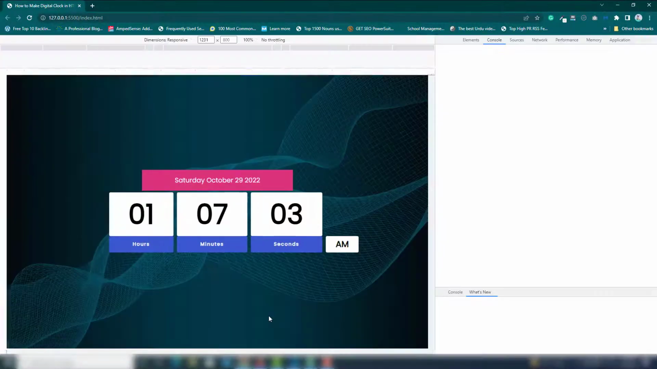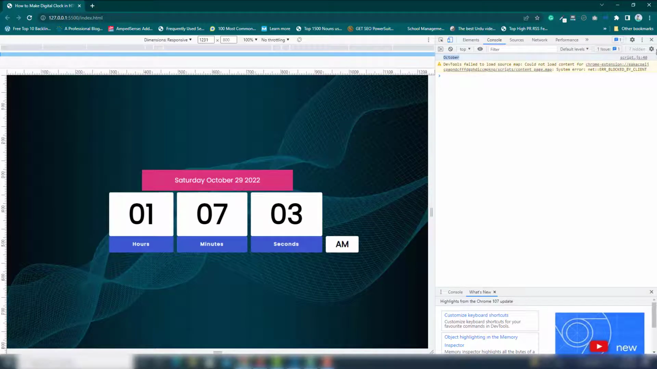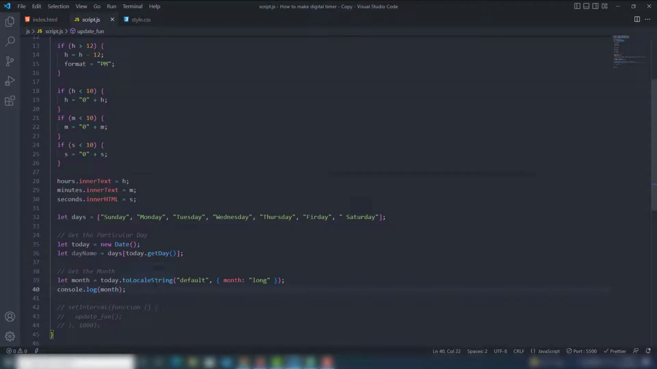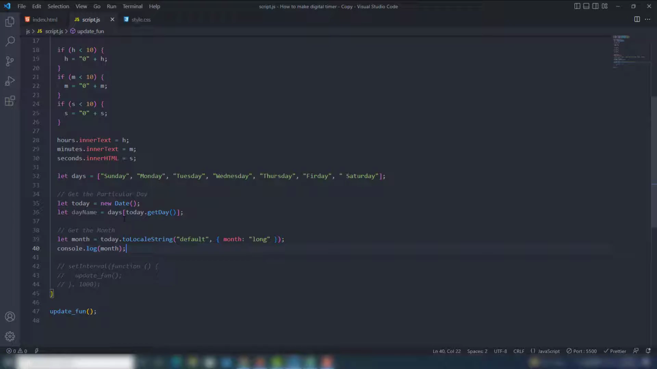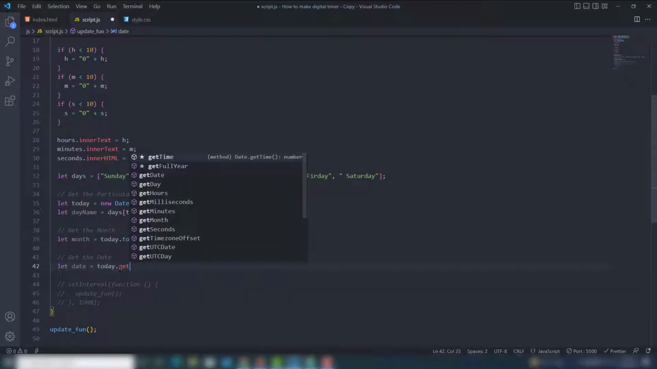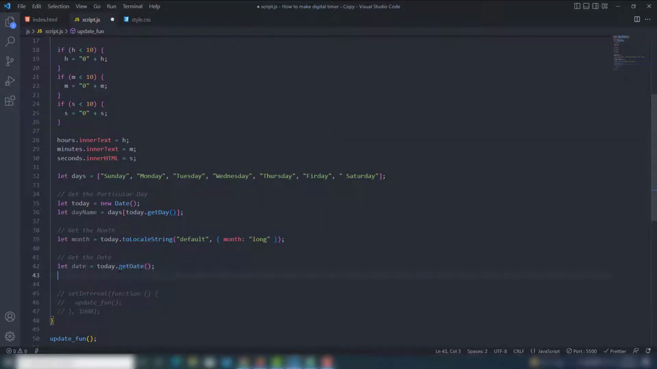So let's see. As you can see, we have gotten the data like day and month, and assigned the data inside the variables. The first, day, is assigned inside one variable, and month is assigned inside another variable. The next one, I need to get the particular date. So we need to target let, and I'm going to use date equal sign, and target the today variable, call getDate function. You will get the particular date. So let's see, console.log date,